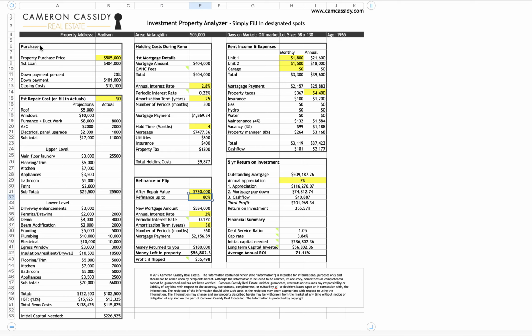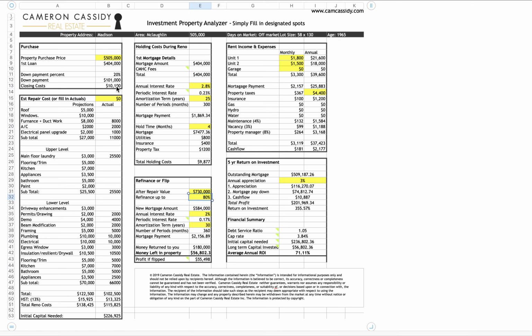So then I move into the first box here on my left, which is the purchase. So you can put in what you actually are going to offer on the property or what you want to buy the property at, and it's highlighted in yellow there. You can tweak the down payment that you want to put down. It will give you a general idea of, this is the exact amount of 101,000 of 20%, but closing costs